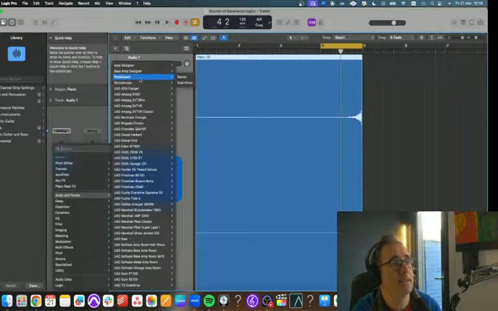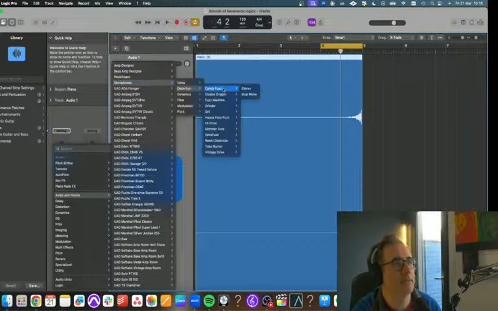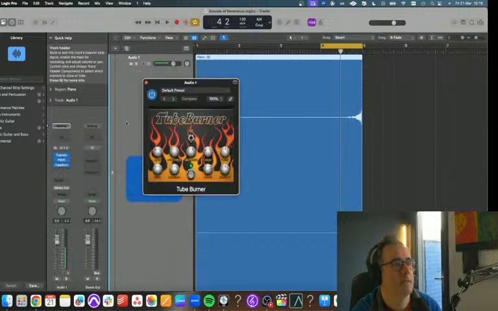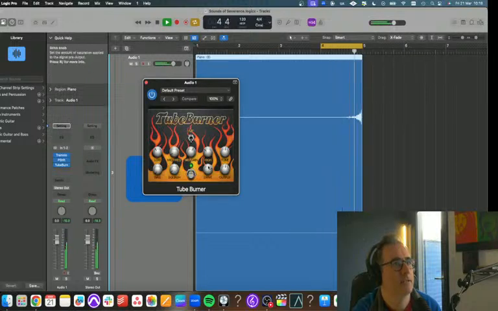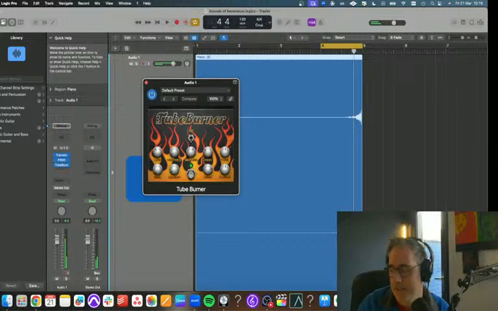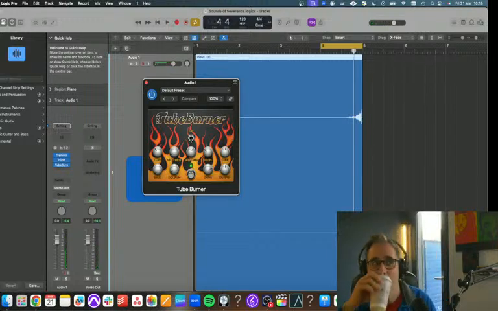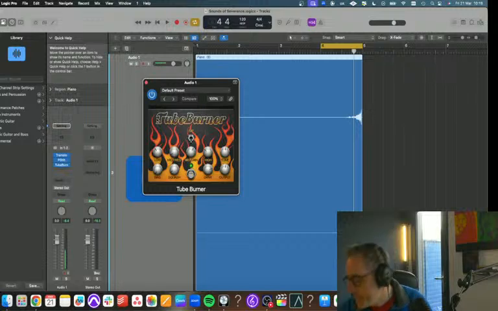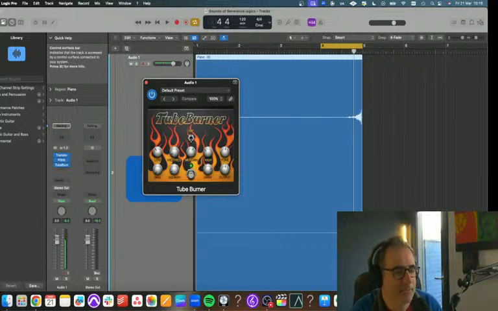Being a guitar player, I like to put on guitar stuff. So maybe like a tube kind of a gain. It's kind of sounding to me a little bit like The Who now, which is another thing I quite like about using sounds as a springboard to get you into other sounds.